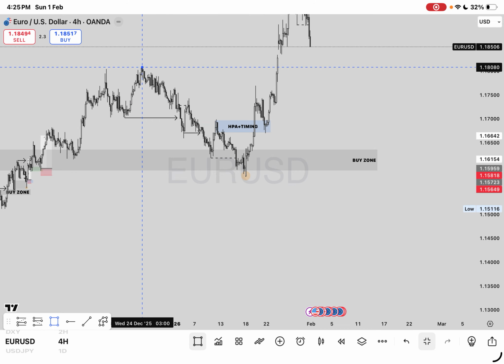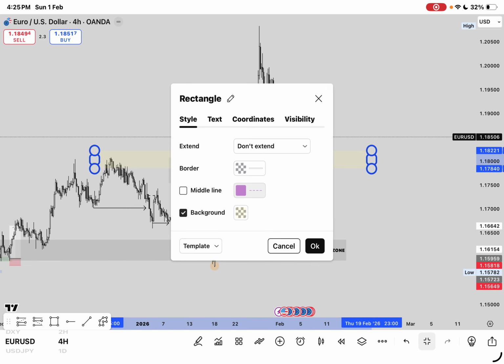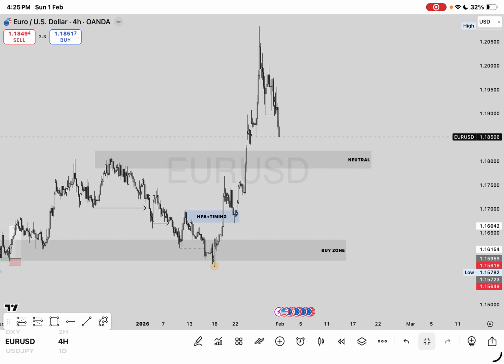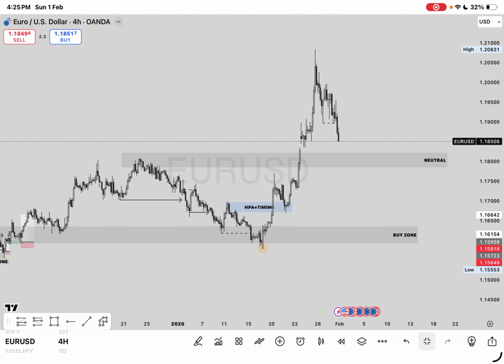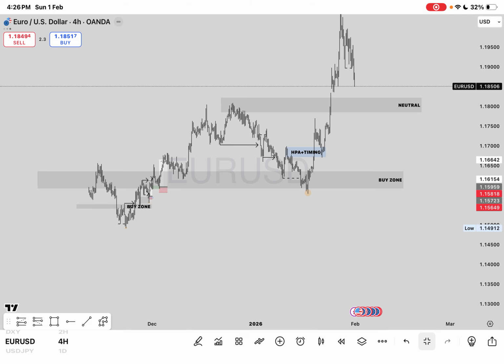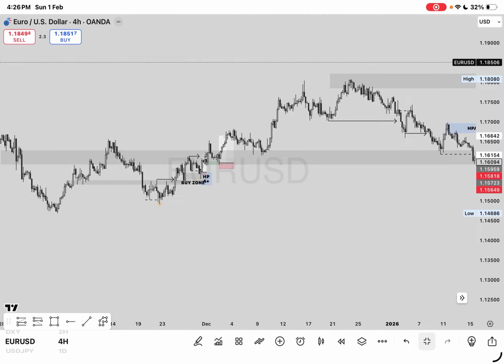If Euro USD gets to this key level, what is wrong with my TradingView? The TradingView is acting up. If Euro USD gets to this key level, then we can find a way to take a trade here. But for now, we are sitting down. Do not try placing any trade that is not close to a key level. Why? Because the market usually respects key levels. You can see this place, a market buy zone. You can see how the market respected it. This particular place, you can see how the market respected it.